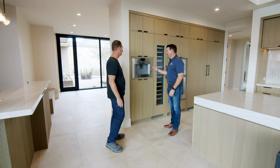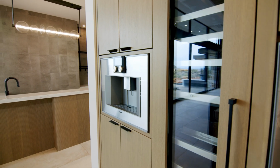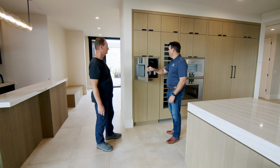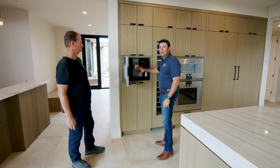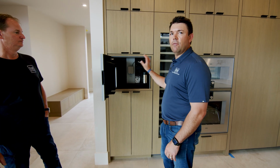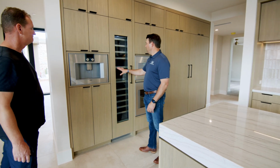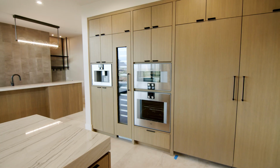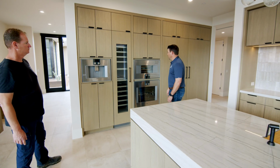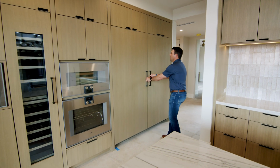We're standing here in the kitchen on the appliance wall, and this is a built-in coffee maker by Gaggenau, and all of the components are hidden in the wall. It's all plumbed, so drain lines, water lines, everything built into the appliance. Next to the coffee maker, we have the Thermador wine fridge, dual oven, Gaggenau, and then a fridge freezer combo,